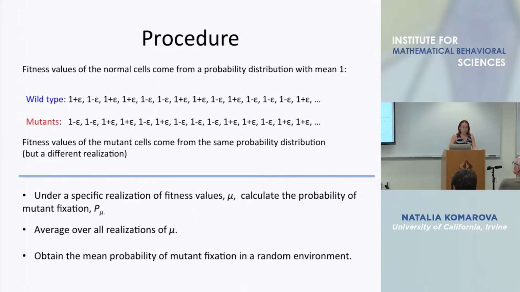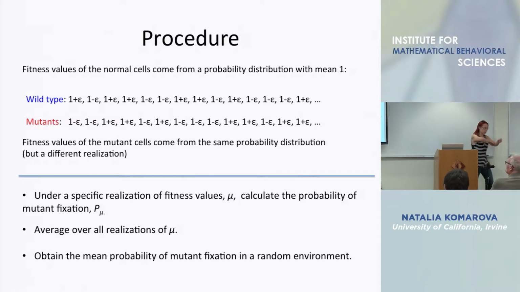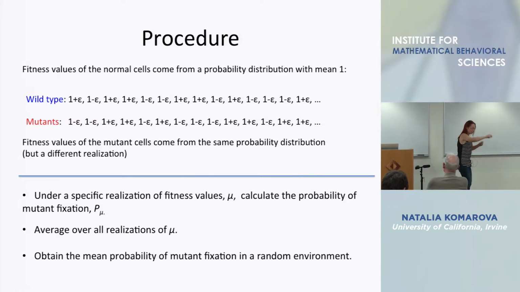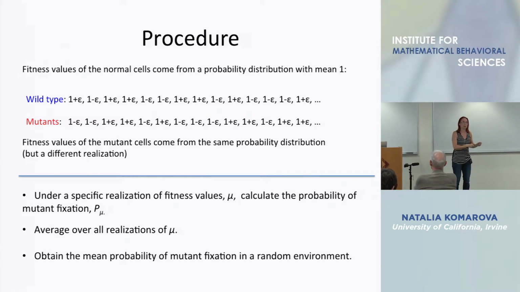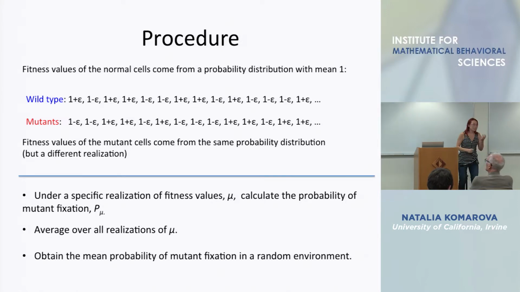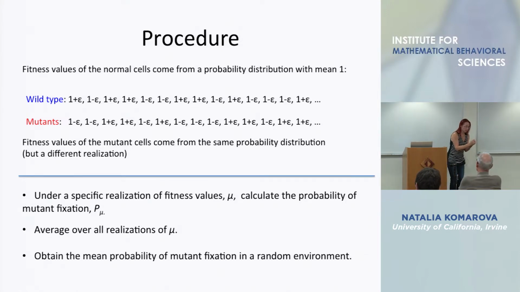So the procedure is like this. We're going to go around the circle, throw around the fitness values for the wild types, then go again randomly throw mutant fitness values, then place a mutant, one mutant at one spot randomly chosen, and calculate the probability of mutant fixation. Now it's not 1 over n, of course, because it could happen by chance that all the mutant